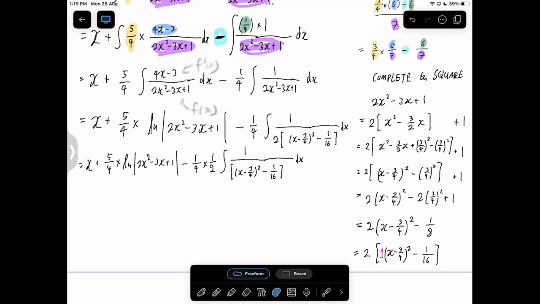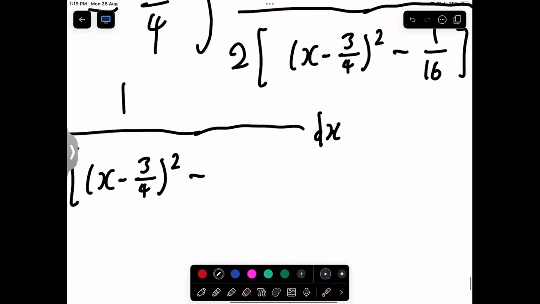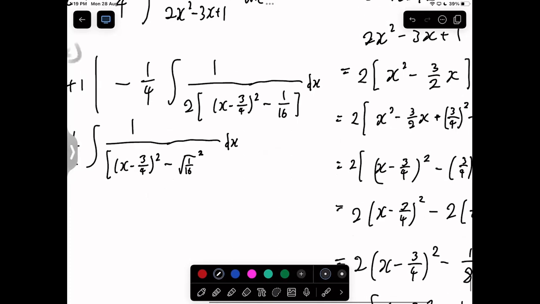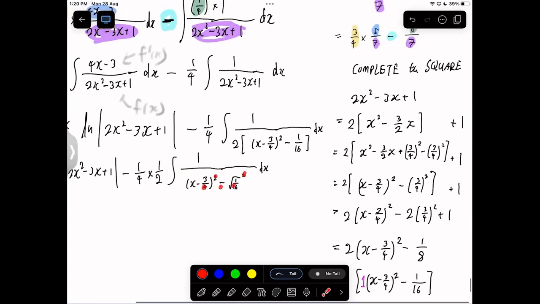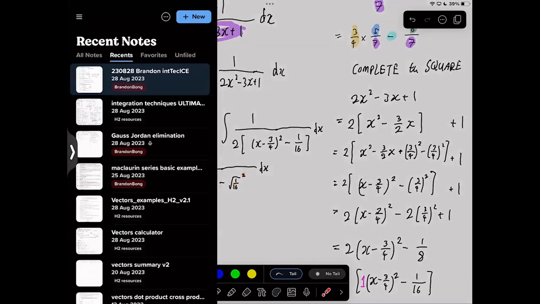So completing the square gives us this format. Then what you need to realize is that x minus 3/4 squared minus 1 over 16 is the same as something squared minus the square root of 1 over 16, squared. And if you're faster, you realize that the square root of 1 over 16 simplifies to 1/4. But that's not important. I need you to see this form first. I remove the square bracket first. So you have a linear term squared minus some constant squared, x squared minus a constant squared essentially. Then if you refer to your formula list, refer to your formula